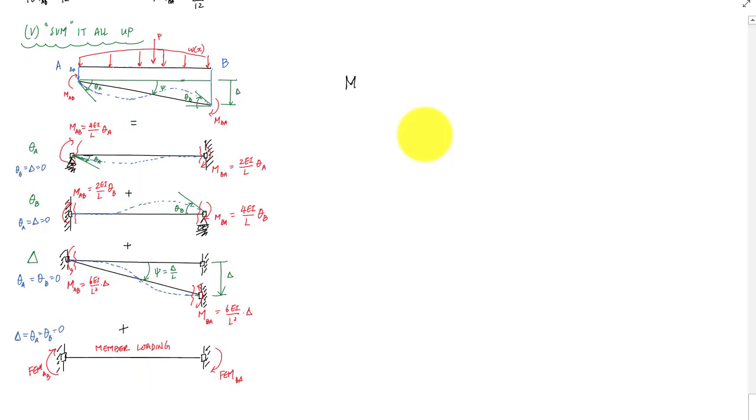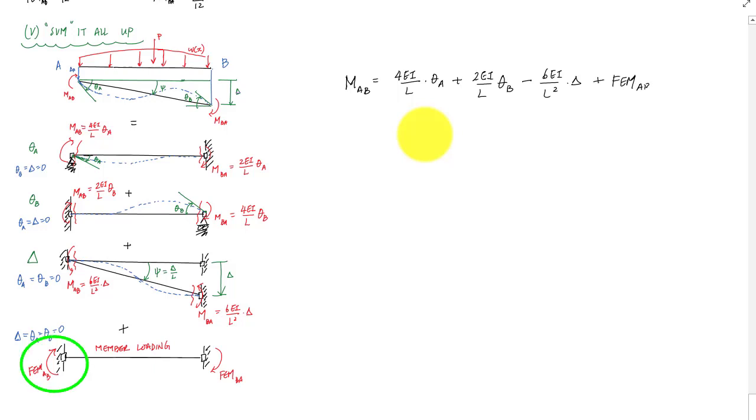So when I look here, MAB would be equal to the sum of 4EI over L times theta A plus 2EI over L times theta B. And then MAB for delta, for this relative displacement, is going counterclockwise. So this is going to be a negative 6EI over L squared times delta